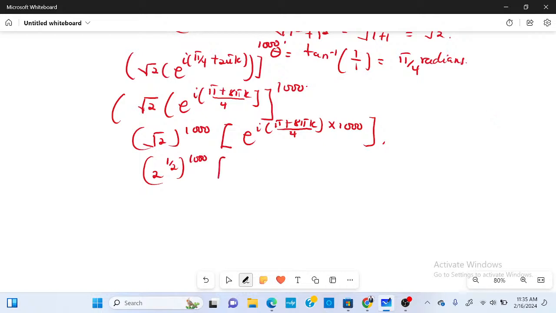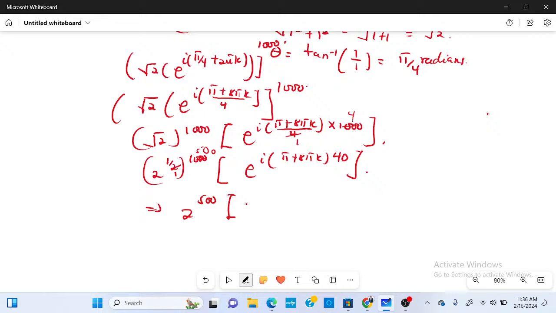So 2 goes into itself 1 and cancels 1000. 2 goes into 1000, that is 500. And in the exponent, 4 goes into 1000, 250 times, so I have 250 here. So e to the power i, pi plus 8 pi k, times 250. Therefore my solution is simply 2 to the power 500